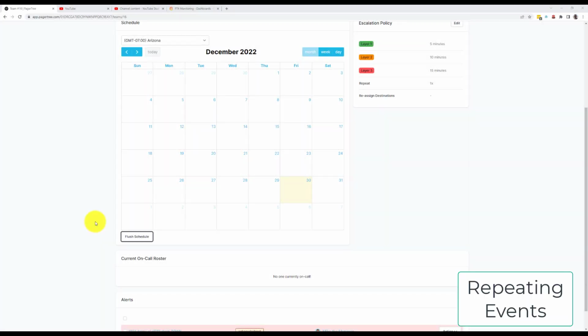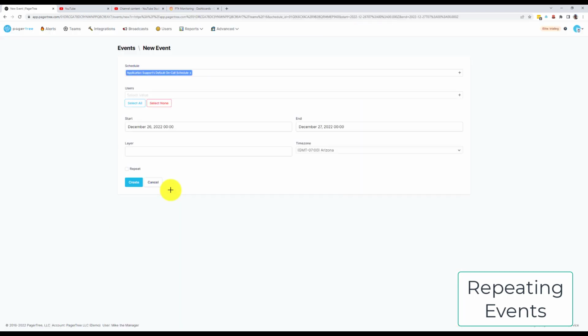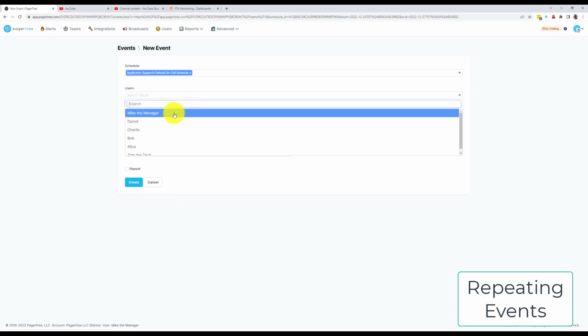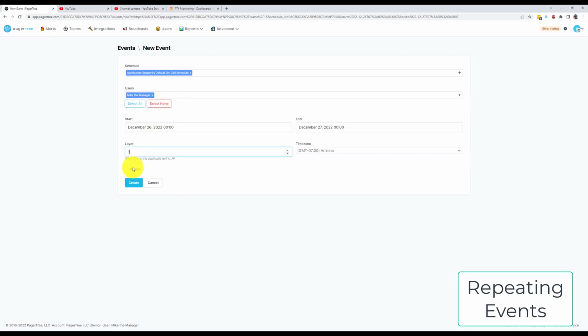Repeating events. To create a repeating event, it's as simple as dragging and dropping the crosshairs or double-clicking a date. Again, you'll want to select the team members and the layer this is applicable to. But now click the Repeat checkbox. This will open up some more options where we can define how this event repeats.